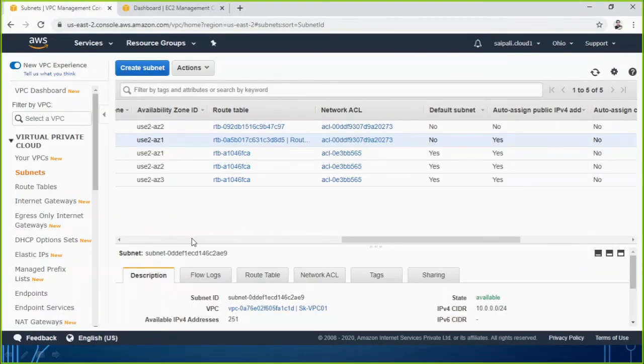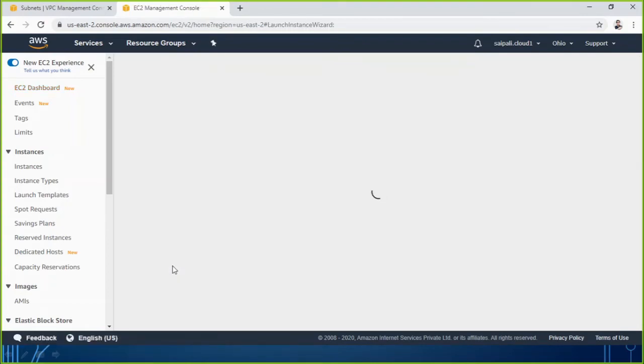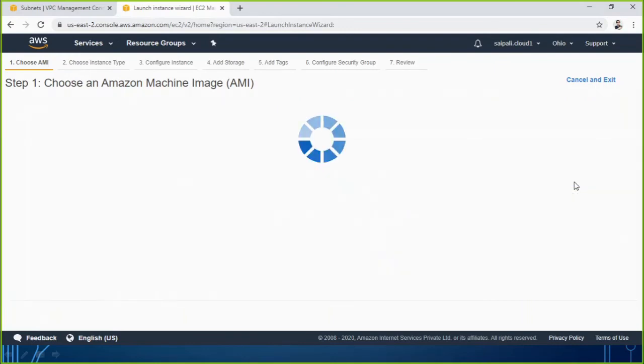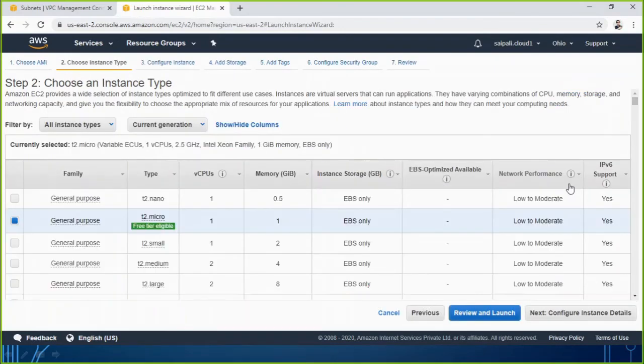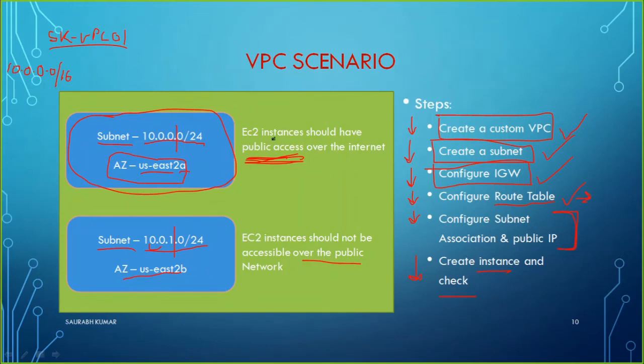To perform the last task, I am going to the EC2 service and launching a new instance. I'm going to make a new EC2 instance with any AMI and any instance type. Only keep in mind that I am making this EC2 instance connected to this subnet.